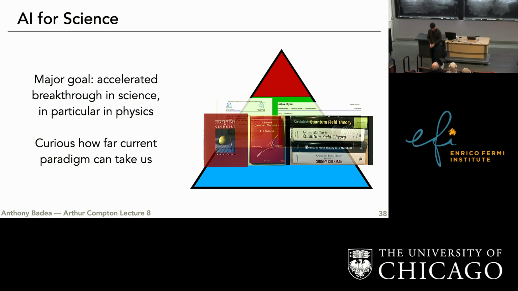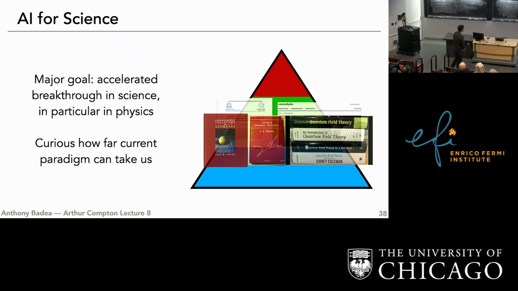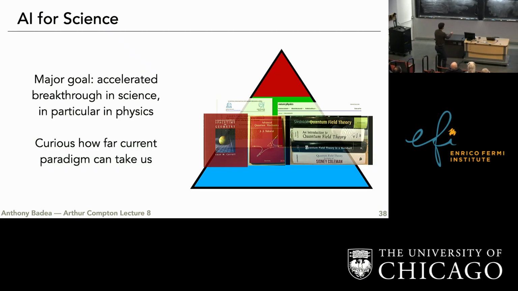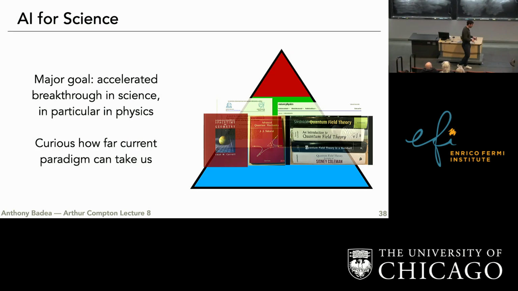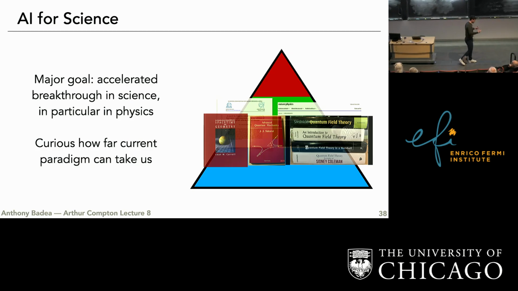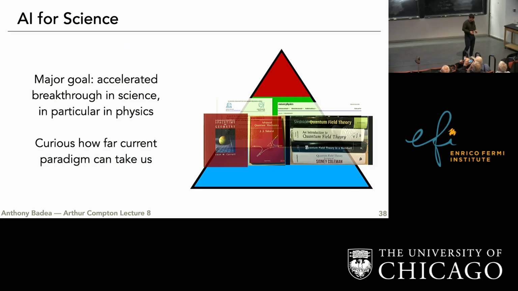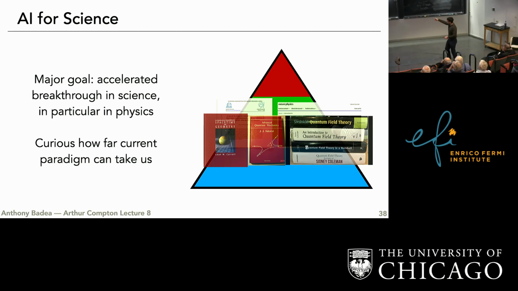And then the second thing I wanted to just highlight is this AI for science idea, and tell you maybe a little bit more about where my head is at on it. A major goal in this is just accelerating breakthroughs in science. If you remember back to the lecture about simulations, where we had all of these ideas of actually taking the set of equations, running them through computing models and getting predictions, with the new technologies, you could imagine doing that in a far more automated way.